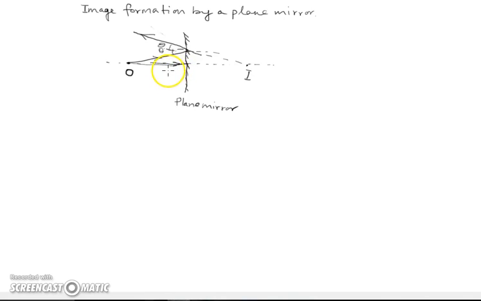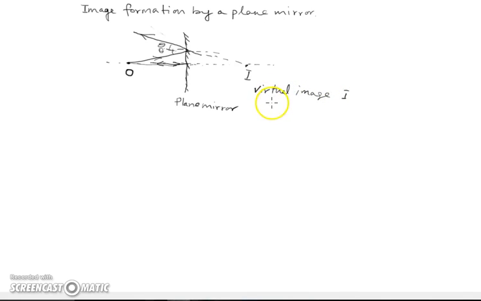It will again follow the law of reflection. Since the angle of incidence is 0, the angle of reflection should be 0. So it will go back, trace back. If I look at this particular ray, it seems like it is coming again from this point I. So when these two rays are extended backwards, they meet at point I. This I we can call the virtual image